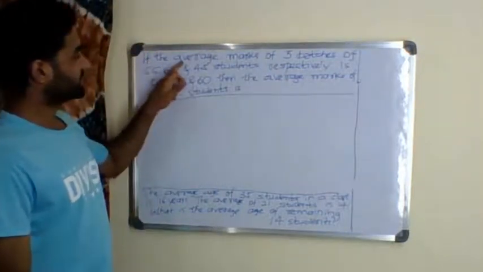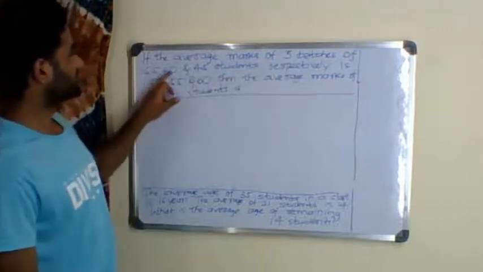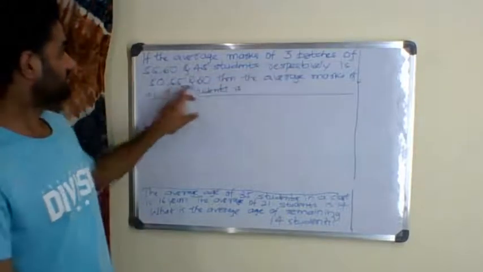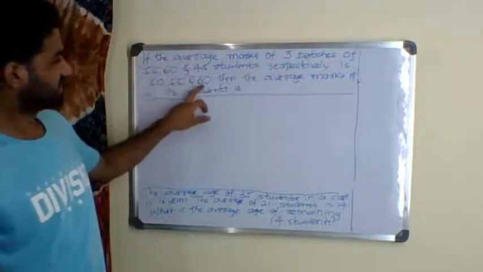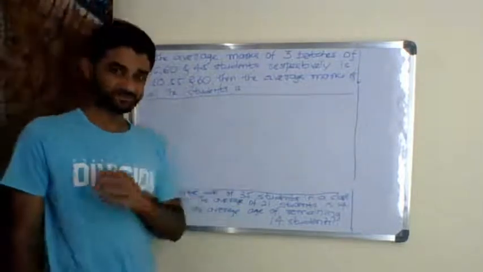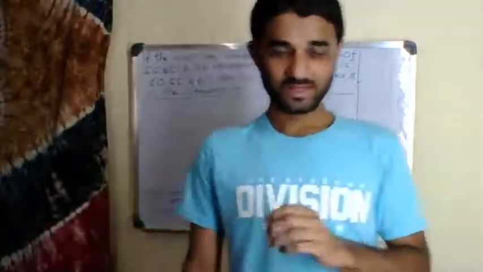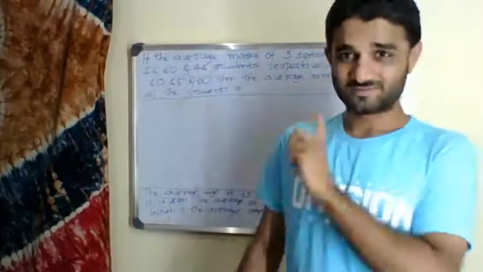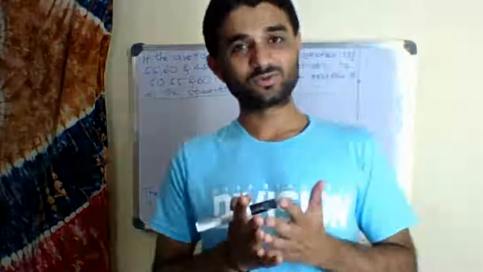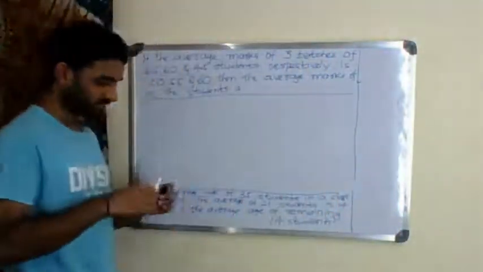If the average marks of 3 batches of 55, 60 and 45 students respectively is 50, 55 and 60, then the average marks of all the students is. Very typical problem. That's why I just took it as a first problem, because it teaches us all the lessons that we need to know about the averages. What he means to say is